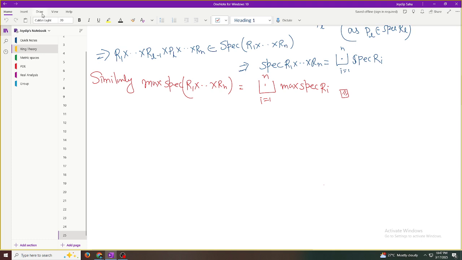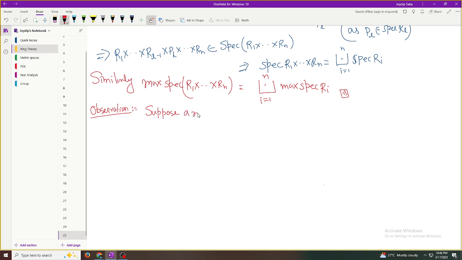So, one thing is, suppose, observation. Suppose a ring R contains a non-trivial idempotent element, that is, this idempotent is not zero or